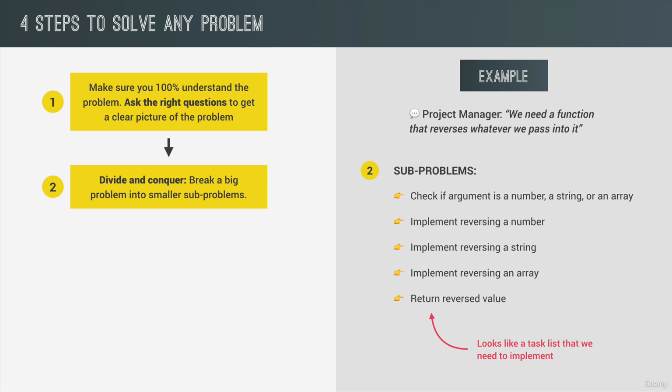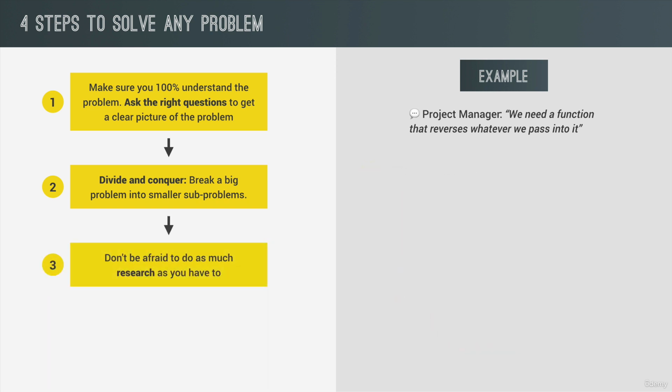But now let's say that we actually do not know how to implement one of these subproblems. Well, in that case, we should not be afraid of doing as much research as we have to. Now, of course, we should always first try to implement a subproblem on our own using our own coding abilities. But if we're constantly hitting a wall and cannot move on, then we should waste no more time and just find out how it works using Google or a questions and answers website like Stack Overflow or the MDN JavaScript documentation. We will see how to use these in the next lecture when we're going to work together on a